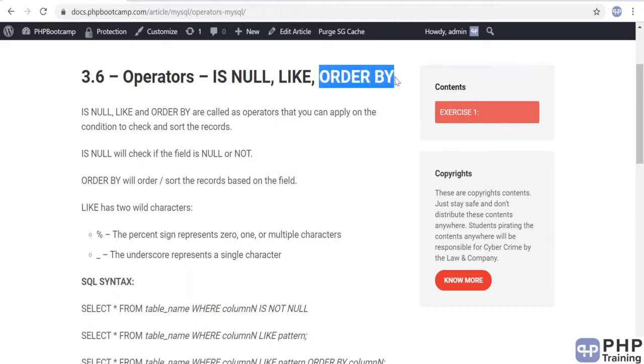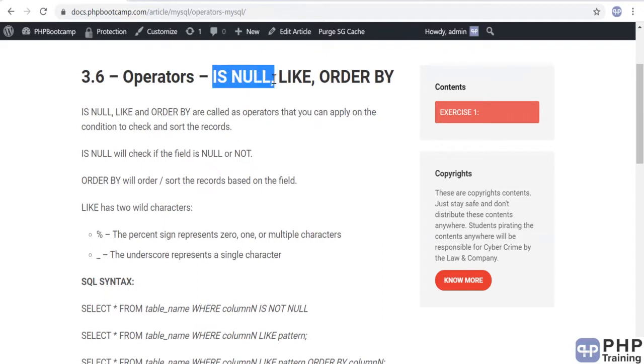ORDER BY is basically sorting. You can sort descending and ascending. And LIKE is your condition, like this value. I want to search all the field names that start with J, something like that. If you want to apply that LIKE and do a wildcard character search into your data, then you can use the LIKE.